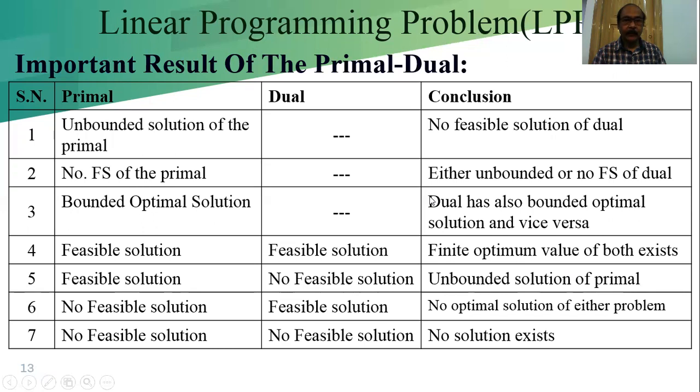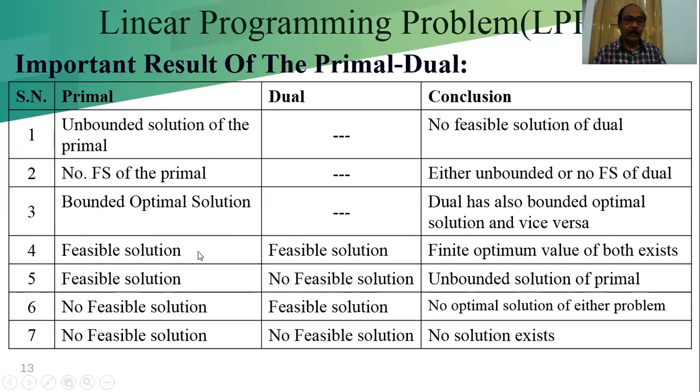If we study game theory deeply, and solve a game theory problem with the help of the simplex method, we find that instead of solving the primal problem, it is easier to find the dual and solve that. From the dual problem, whatever solution we get, from that we find the solution of the primal. So if the dual has a bounded optimal solution, we can conclude the primal also has a bounded optimal solution.